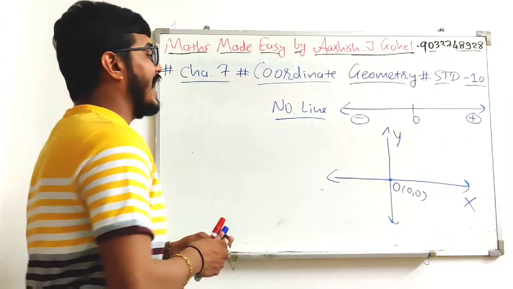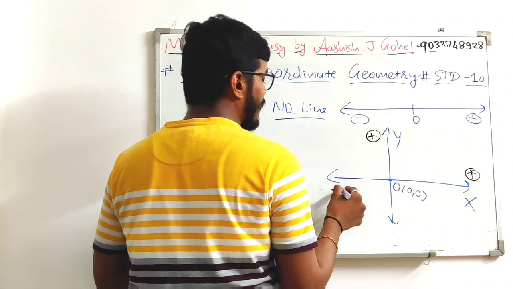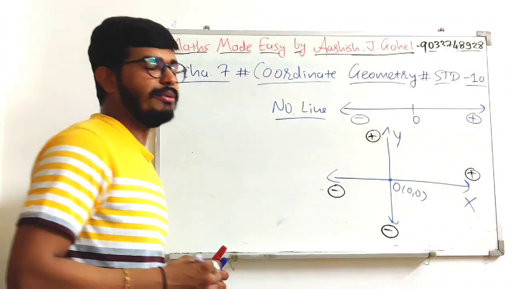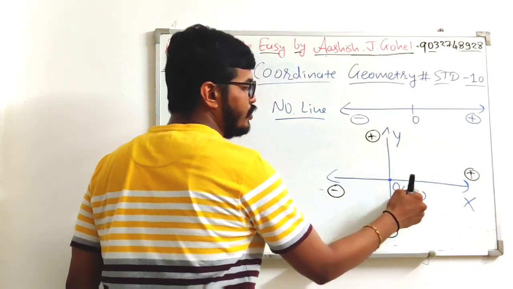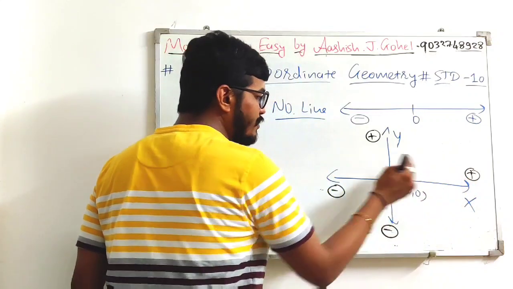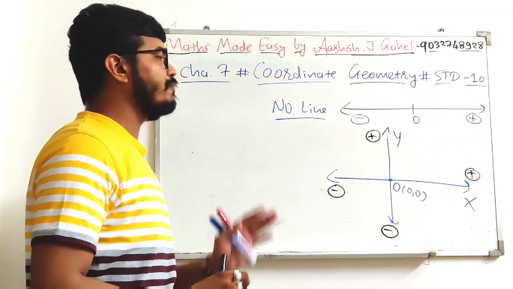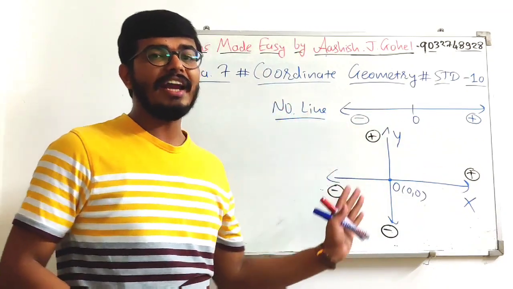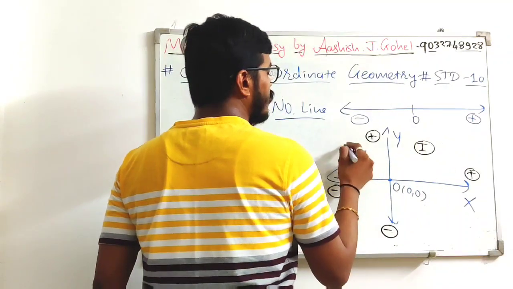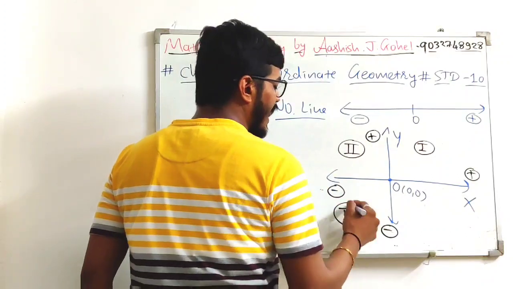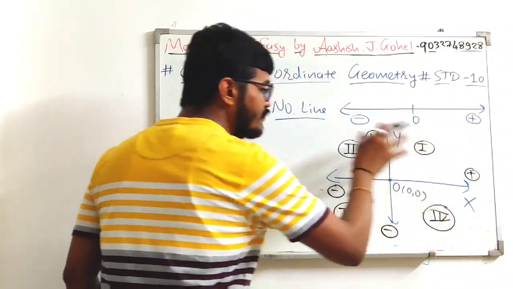After that the right hand side part will be positive, the upper part will be positive, this left hand side part will be negative, this also negative. Okay, so whatever points are on the right hand side of this origin on the x-axis will be positive, here will be negative, upper side positive, down side negative. Now to represent any point in this system, we have 4 quadrants. Okay, we will name them anti-clockwise 1, 2, 3 and 4. Okay, so we have these 4 quadrants.